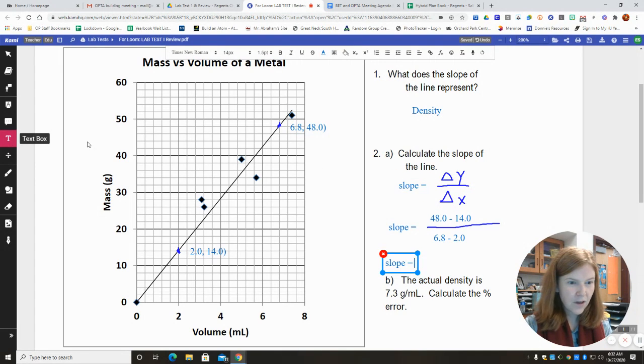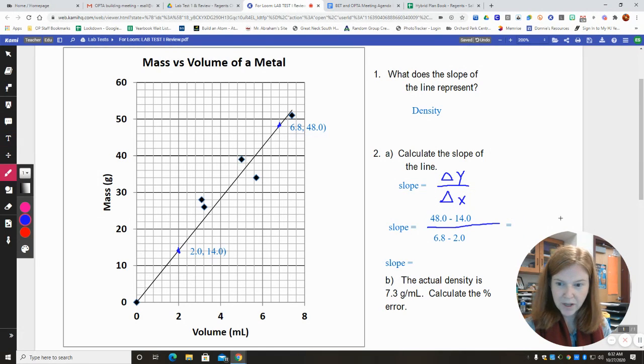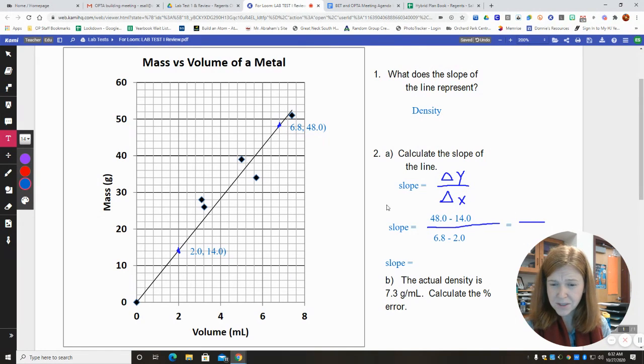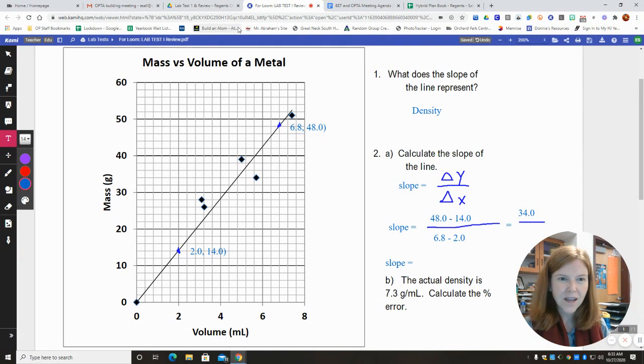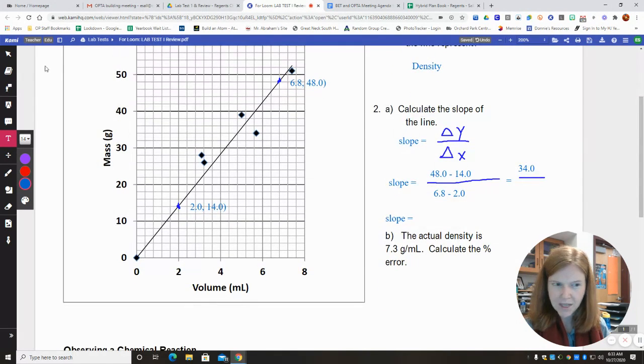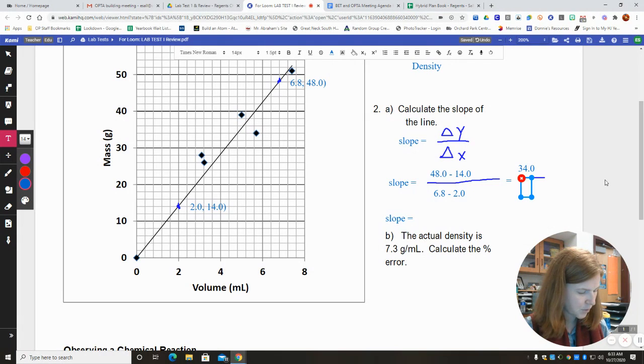So if I actually do that subtraction real quick, remember the rules of rounding. I took these to the tenths place, which is probably a safe place to go. So when I subtract, I want to keep it to the tenths place. I think actually in the lab test, it might even specify where to take that to. And then 6.8 minus 2.0 is going to be 4.8. There we go. So for my slope, do not leave it as a fraction, okay? Do not leave it as a fraction. Actually solve